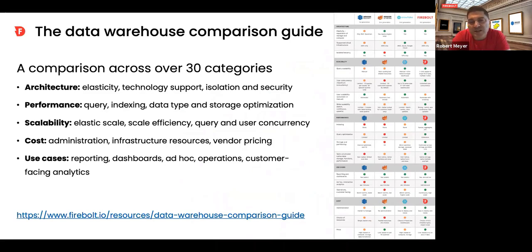On the right-hand side, you'll see a long list. This is actually just the summary table. This is not the detailed table. There are over 30 categories that the guide goes through, and you can look at some of the details in there and in the write-up on what people typically find across the different data warehouses and query engines. The link's at the bottom. Tamar's going to send it. But what I wanted to do is walk through the categories and give you a little bit of a flavor of what's important, what's not, and how to think about it.